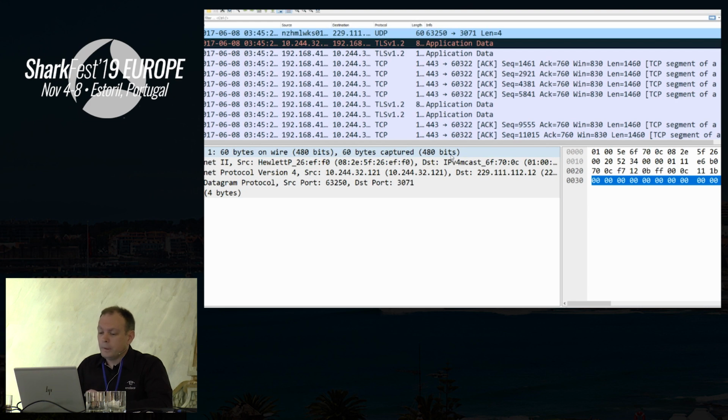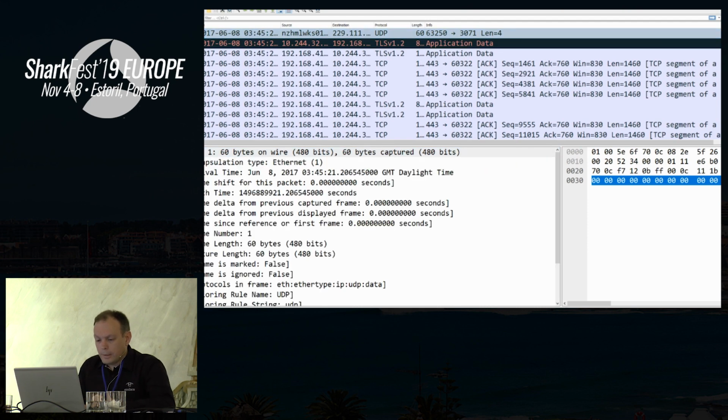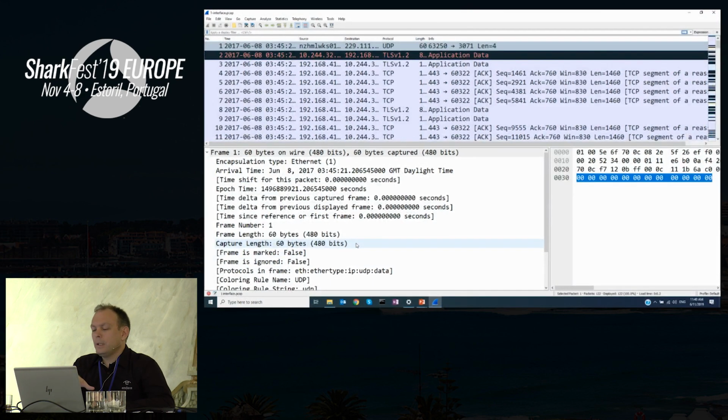Ethernet 2 frame, and it's IP packet, UDP, fine. That sounds okay, and if we open this up a little bit, it tells us that it's Ethernet. There's a couple of different numbers in here. There's the frame length, which is 60 bytes. There's the capture length, which is also 60 bytes. But when it says 60 bytes, exactly what is it referring to? Didn't we just say that the minimum packet length was 64? So what's happening here is, if we scroll down a little bit,